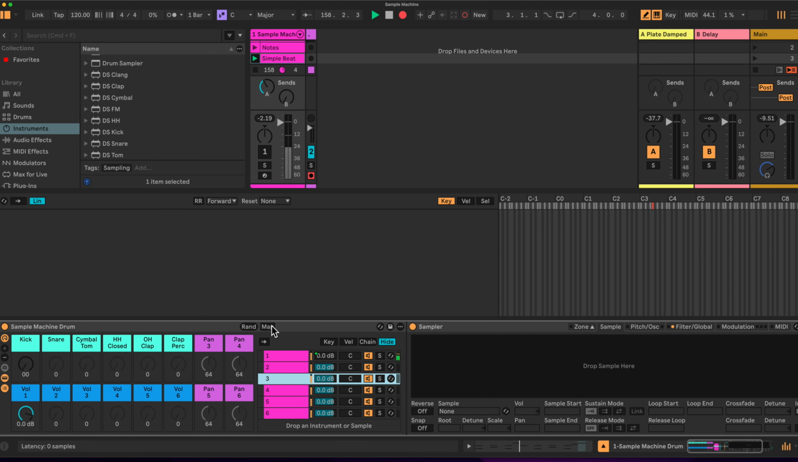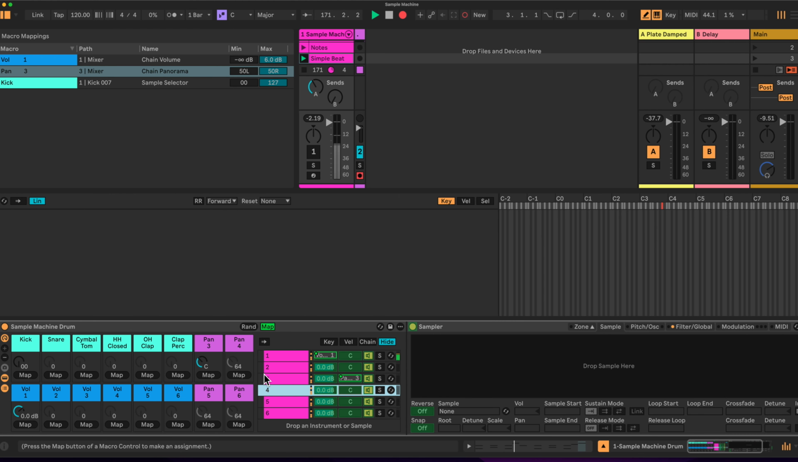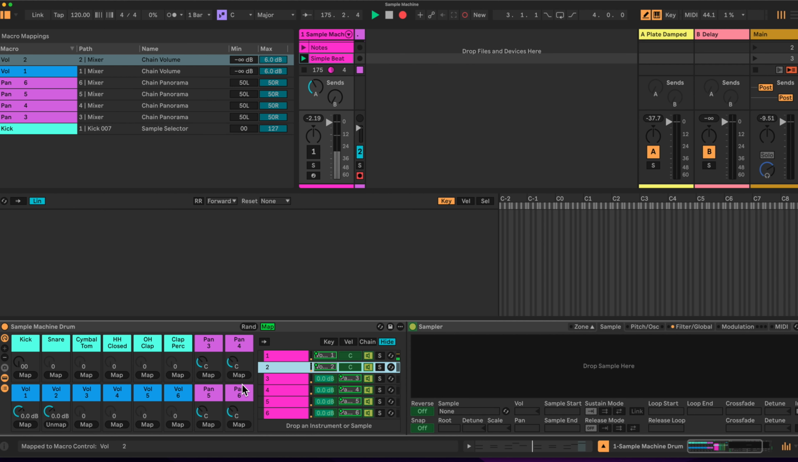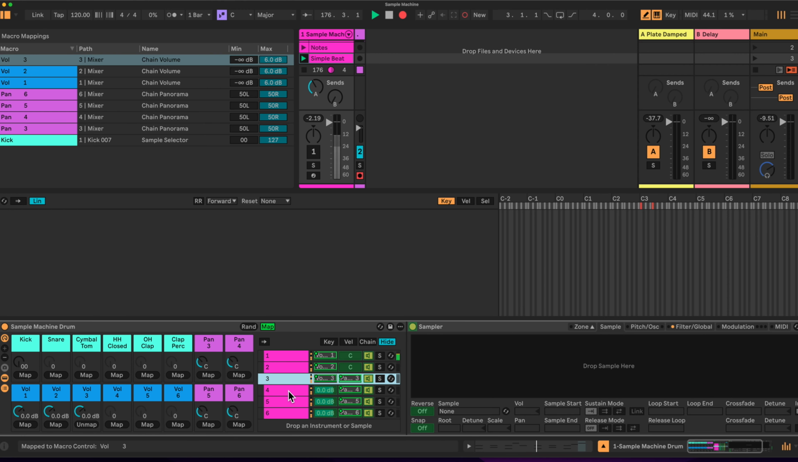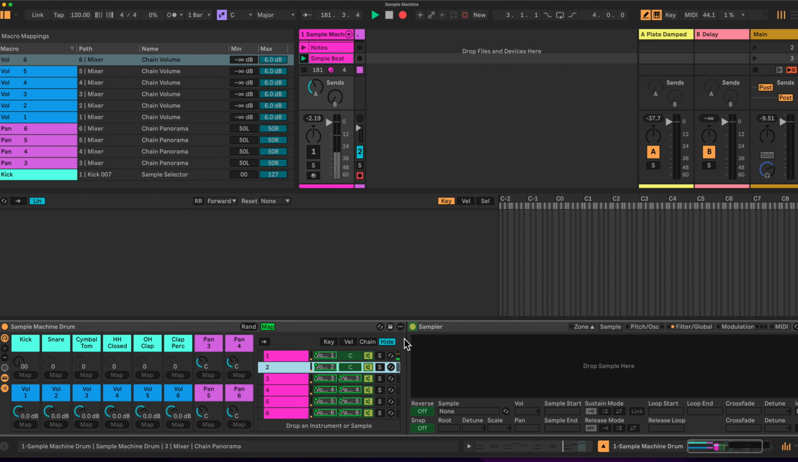We can map our pan here to this. 4, we will map here. 5, we will map here. And 6, we will map here. The volumes will also map 2 to this one, 3 to this one, etc. We've got those in, and so it's really simply a case of going now to our second one, which is here, the snare,